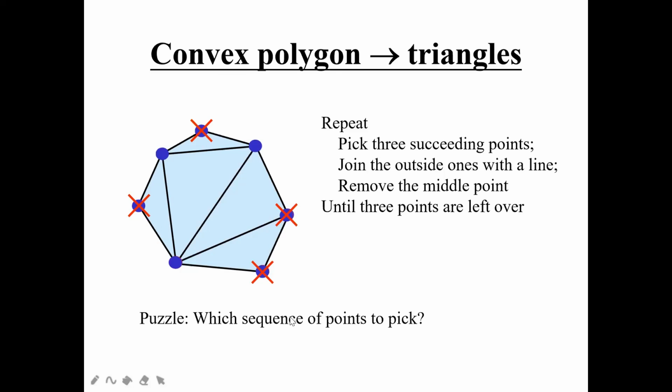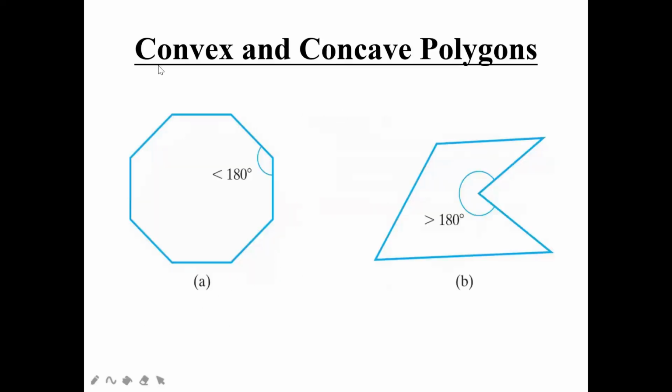There is no fixed methodology that you have to follow in this way or that way; you can do it according to yourself. But you should know the rule that for a triangle you need your 3 vertex points and the middle vertex point. Once you join the middle vertex point with a line, you are going to remove it. Okay. Now you can see the difference between convex and concave polygons, how they look.